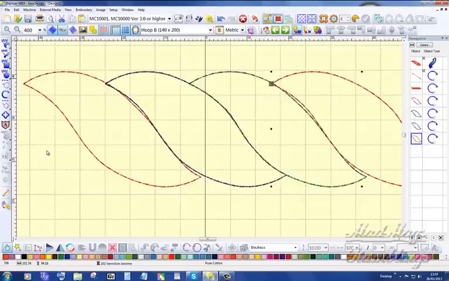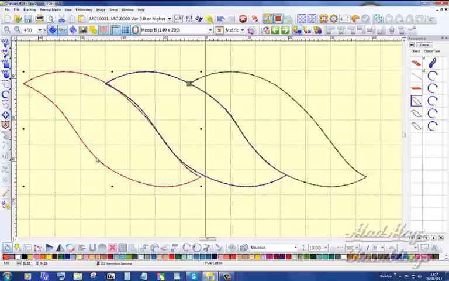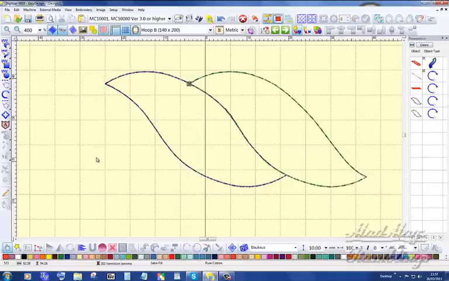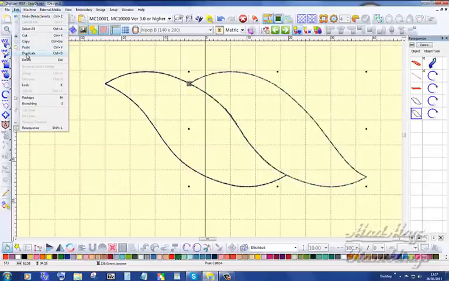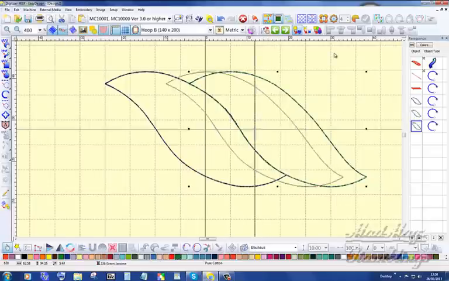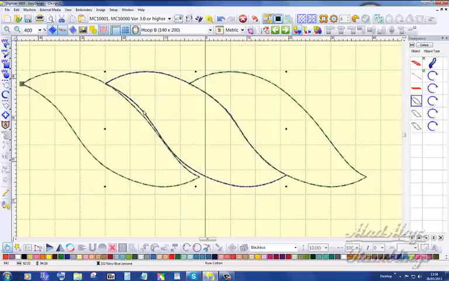I'm going to tell that red one delete. Oh, you see he fits perfectly down here. I'm going to delete that red one, highlight the green one, tell him duplicate, and move him over this way. Highlight,